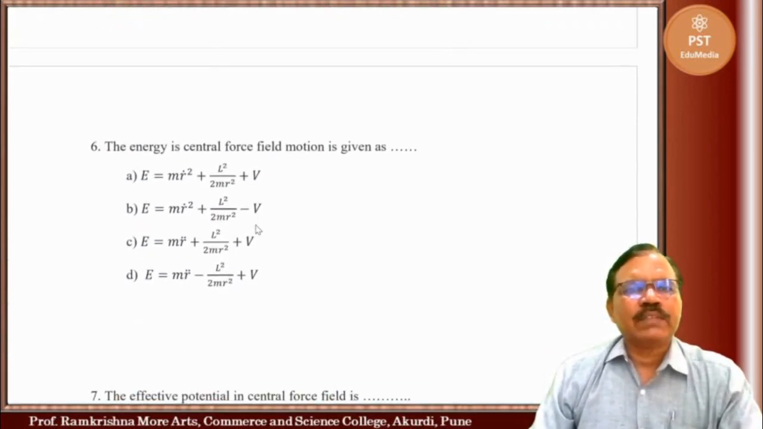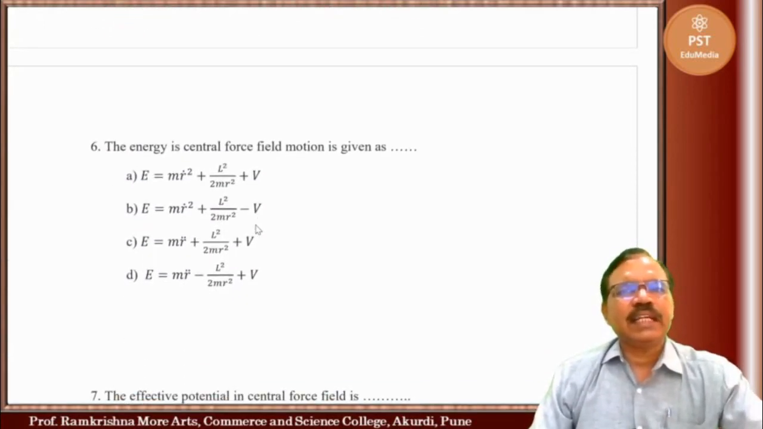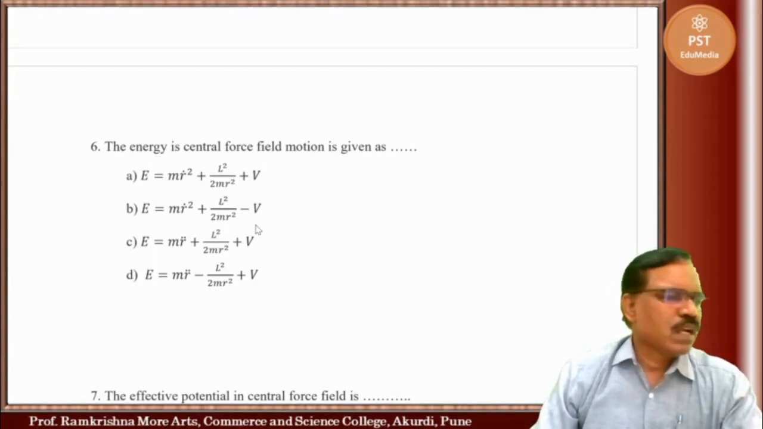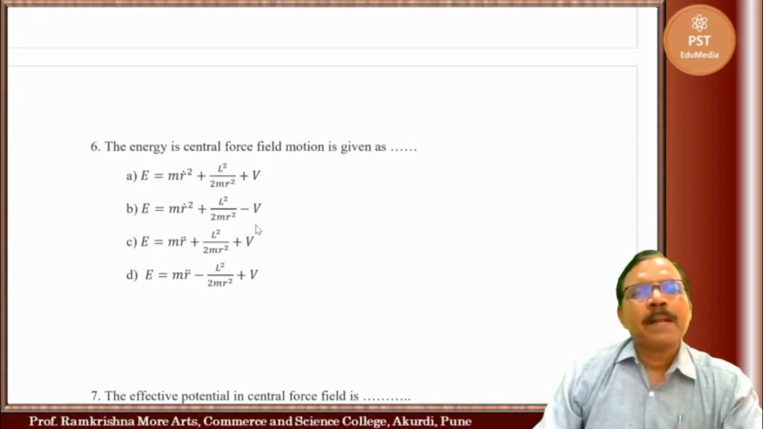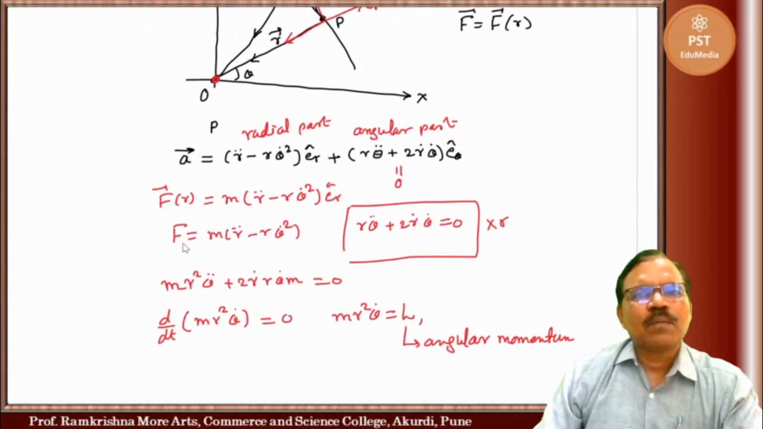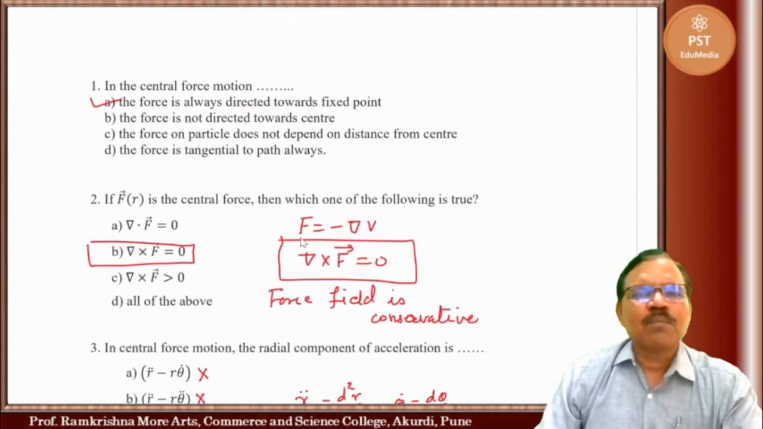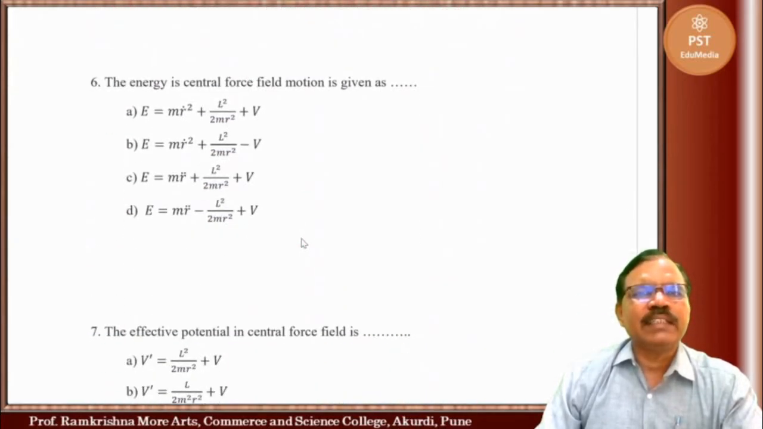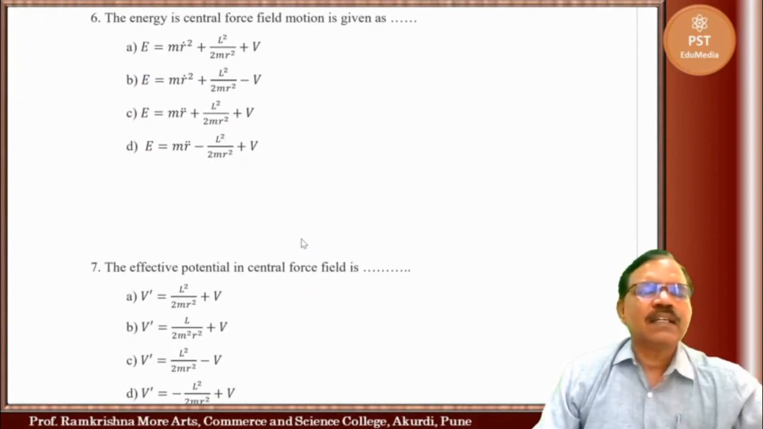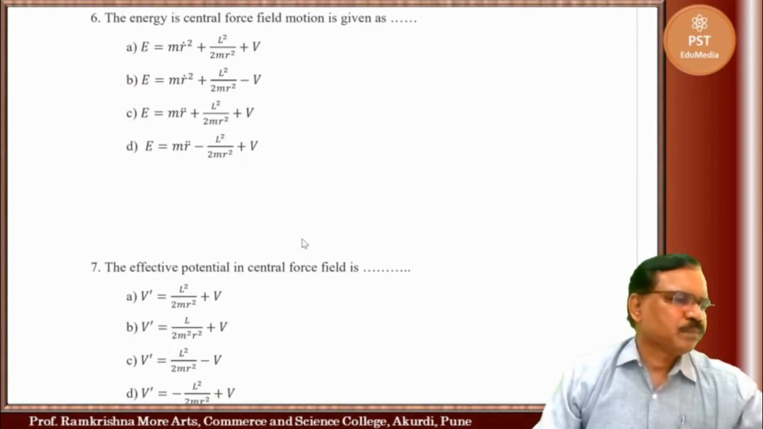Now we'll go to the next one. The energy in central force field motion is given as. Now we have seen here, force F is equal to m times r double dot minus r theta dot square. From this you can find energy. Now how can we find energy? So simply